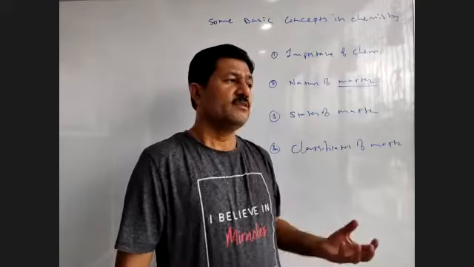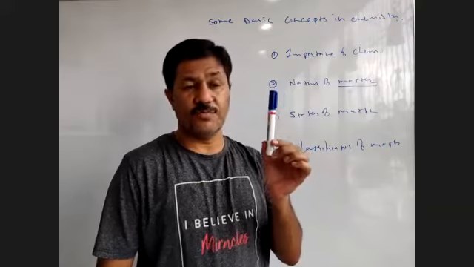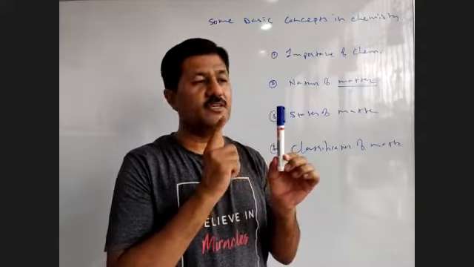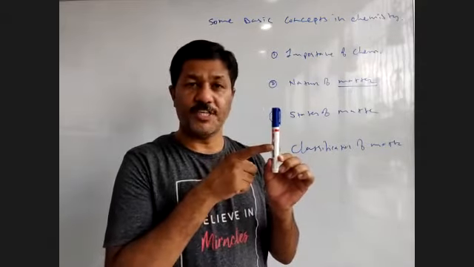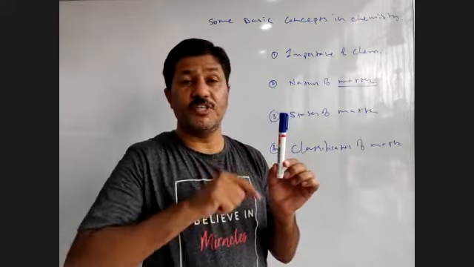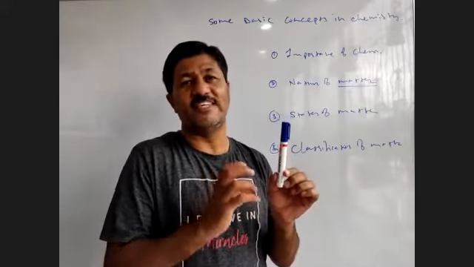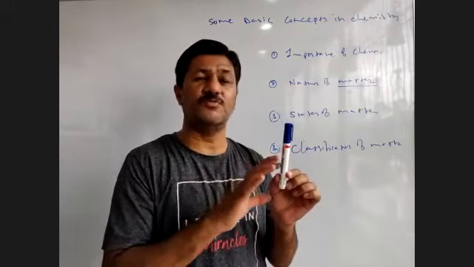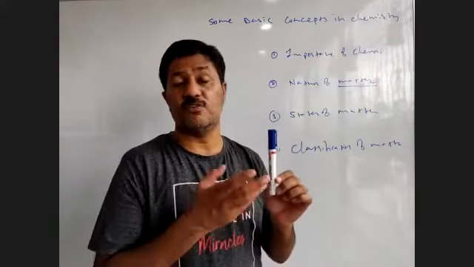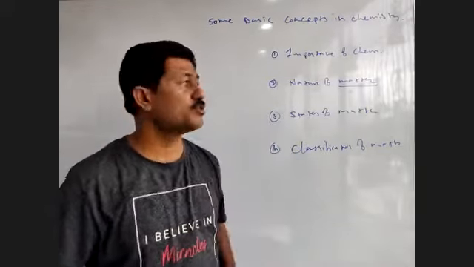Then we have seen, suppose this pen is a matter. When we study chemistry, we are interested to know the composition and structure of the matter, and the properties this matter has, physical or chemical, as well as whatever changes it undergoes under different conditions. Suppose temperature is increased or decreased, pressure is increased or decreased. What change occurs with this matter is studied. Simply, you can say the chemical reactions or reactivity of this matter with other matters. That is also part of chemistry. So this is the outlook of chemistry that we study here.